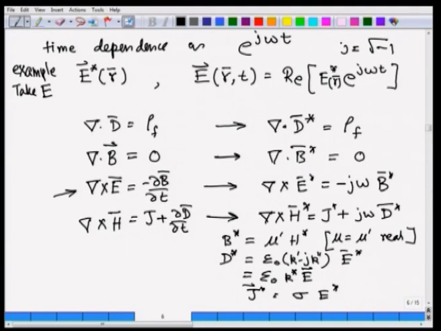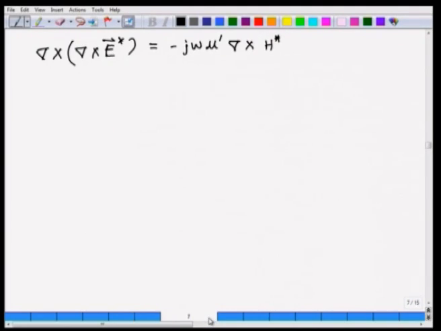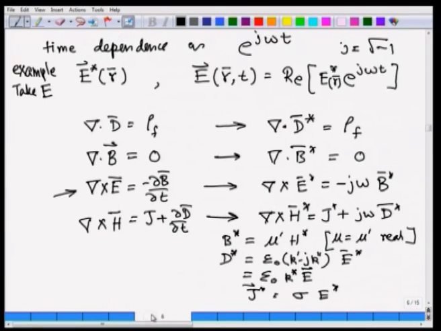So I am taking it out of the curl, and hence I am writing this as minus j omega mu prime curl of H. But we know what curl of H is, so we write this as minus j omega mu prime, and we will write curl of H from here as J plus j omega